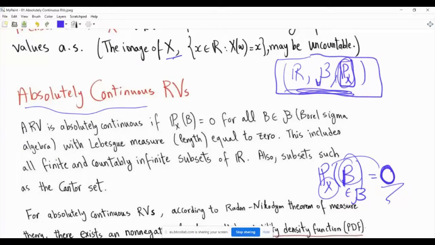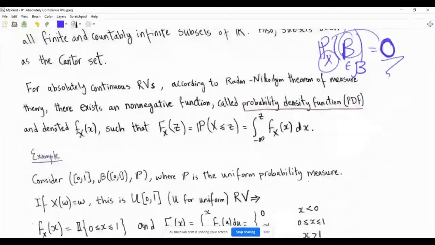And there are some uncountable subsets of the real numbers that actually have measure 0, like the Cantor set. So all those sets must have measure 0. For those random variables, what is more known about them is basically this idea of the probability density function, a PDF. So those random variables have a PDF, and the PDF